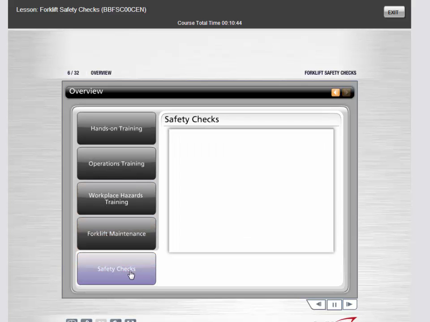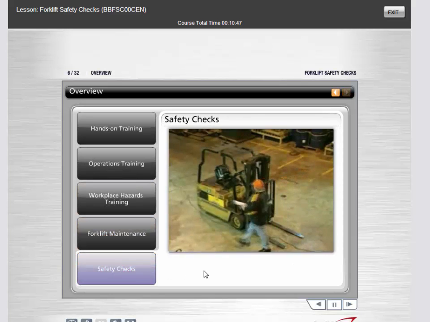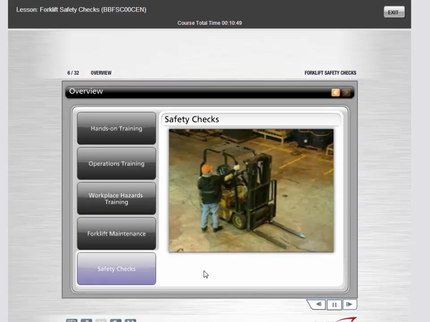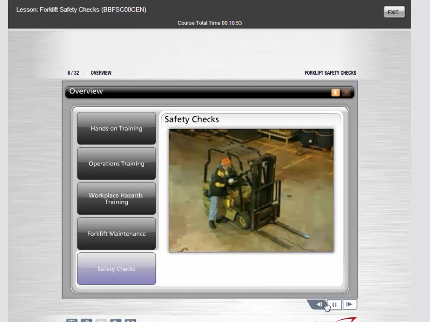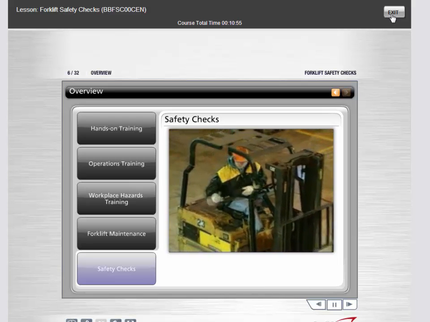I'll click ahead down to Safety Checks. Since you never know when something is going to go wrong, it's critical that you take a few minutes at the beginning of each work shift to perform safety checks on your forklift, even if you use the same one every day. And I'll go ahead and